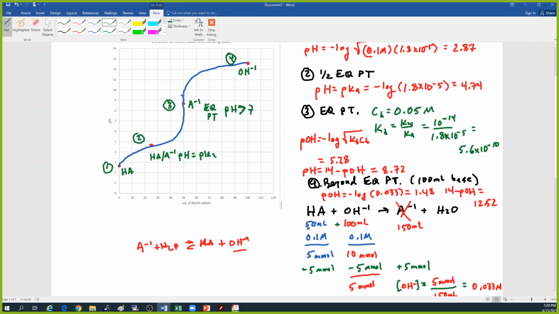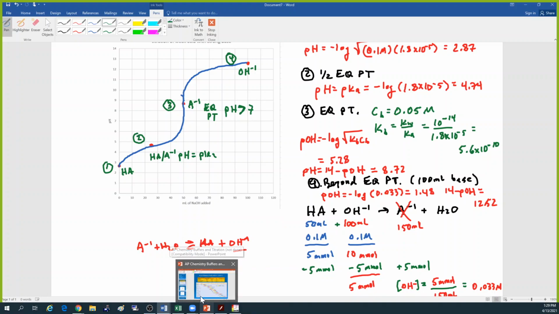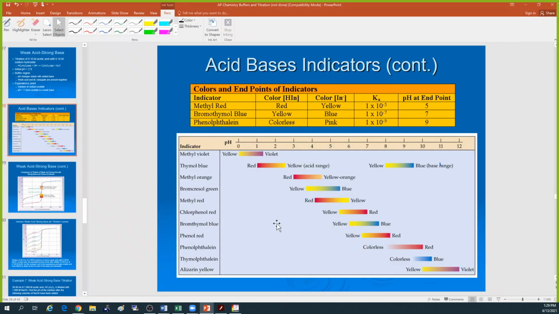So I want to kind of show you a couple things here. First of all, in terms of picking an indicator, we had said last time that if you're going to choose an indicator that tells us when the titration is done, the endpoint, you have to pick one such that the color change happens as close to the equivalence point as possible. So if we picked, for example, methyl violet, this would not work very well because our pH would have changed too early and we would have seen a color change before we hit the true equivalence point. Since our pH needs to be basic,